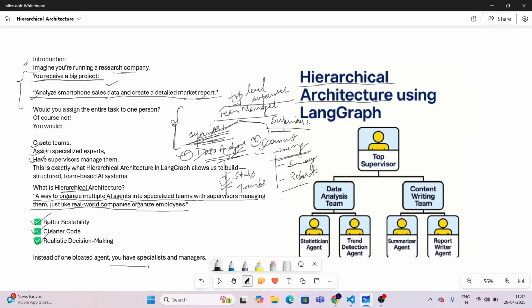So we have specialists and managers or supervisors managing those specialists at every level. If you see, we will be covering this as part of the project. So we'll be having a top supervisor. Inside this top supervisor, we'll be having two teams: team number one, team number two. Team one is the data analysis team, team two is the content writing team, and both of these teams will be having a supervisor again,